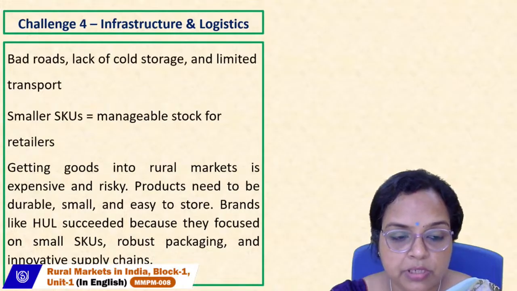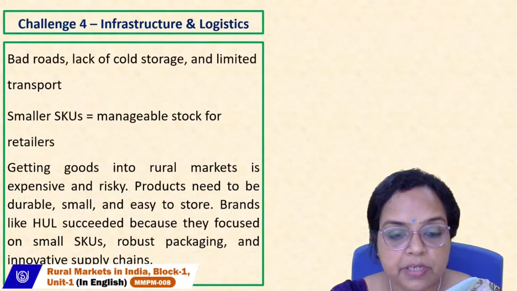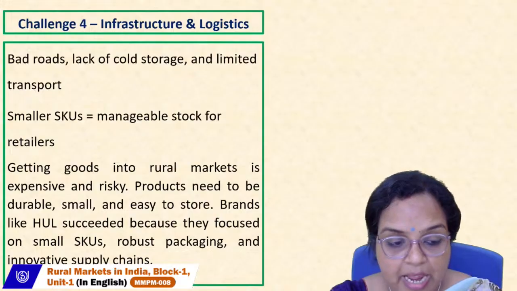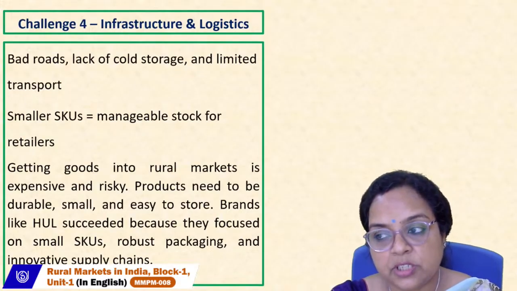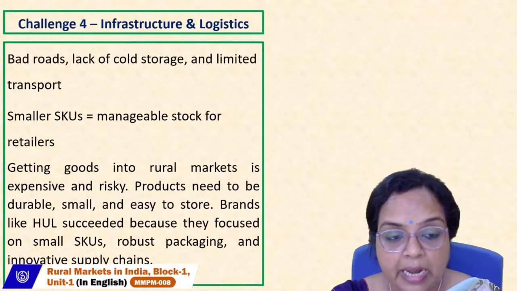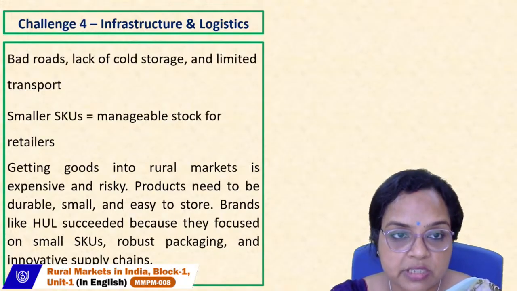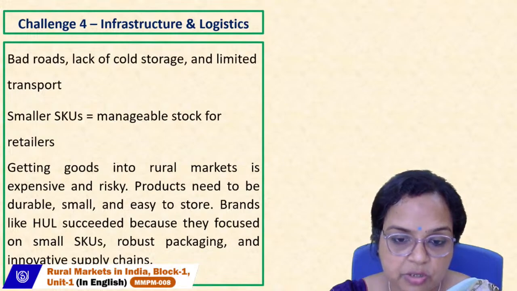Products need to be durable, small, and easy to store. Brands like HUL succeeded because they focused on small SKUs, robust packaging, and innovative supply chains. This was the strategy of HUL, because HUL has taken care of these logistic and infrastructure challenges of the rural belt,